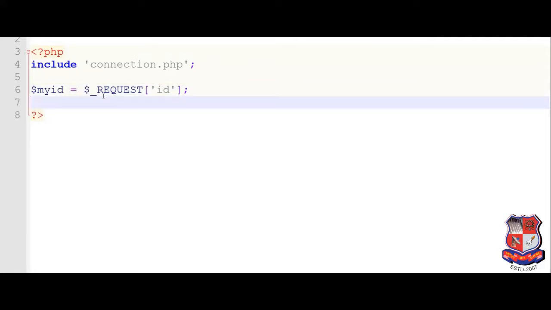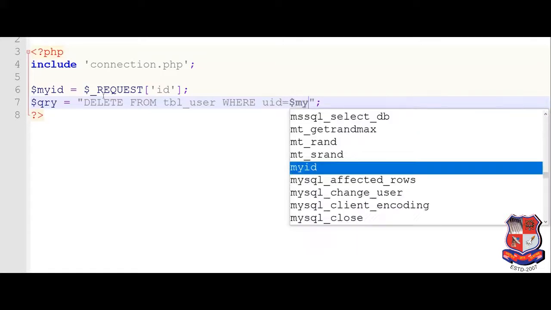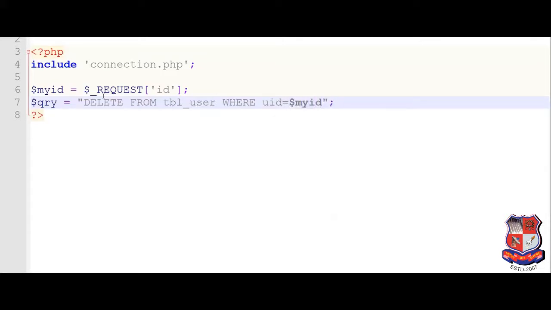So next one is we have to create a query. This one is very simple. In the query variable I have to write the query. So let's say delete from table underscore user where uid, this one is the column name, is equal to $myid.